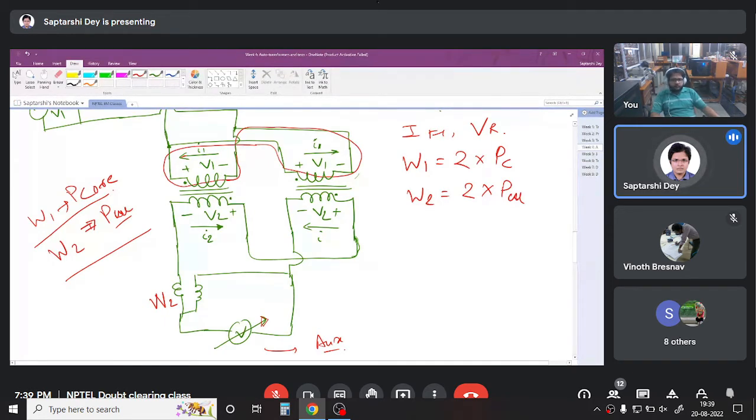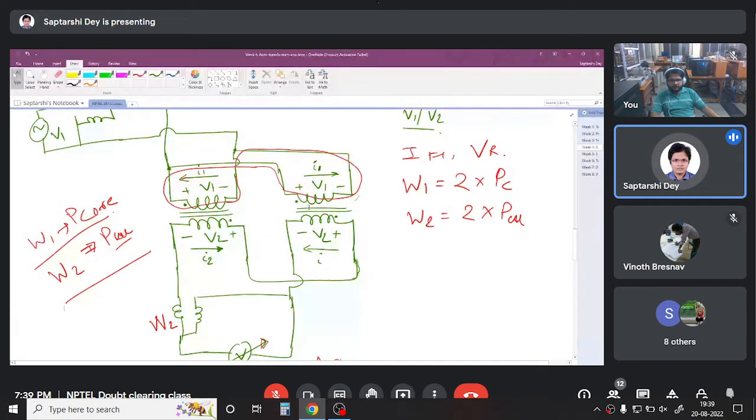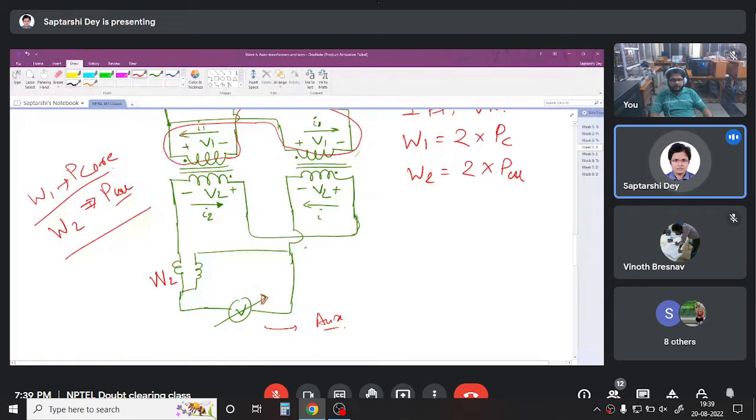This is why we need to do the Sumpner test, and you also got an idea why polarity tests are required. See, without polarity test, you cannot even properly connect the transformers. You do not know which terminal to connect where. In the next week's lecture also, you will see that